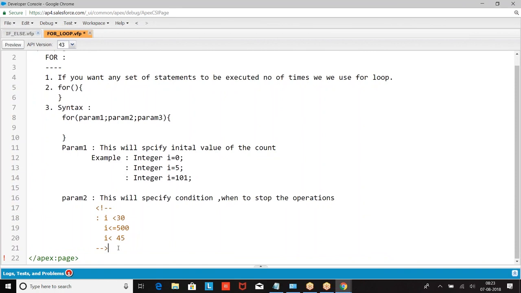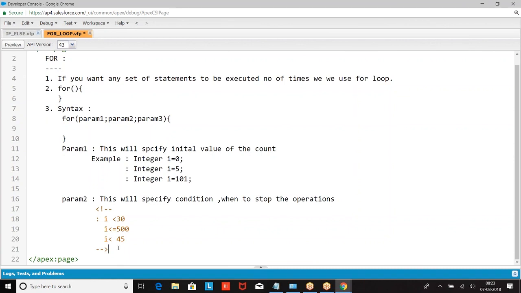Now he said you're counting 1, 2, 3, so incrementing by what? 1. I'm saying 1, 6, 11, 16. Now I'm incrementing the count by 5. Now somebody says 10, 20, 30, 40. So their count is incremented by 10. So how are you incrementing? The param 3 is called increment.